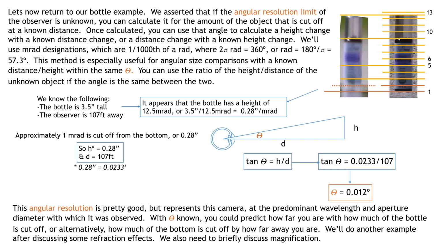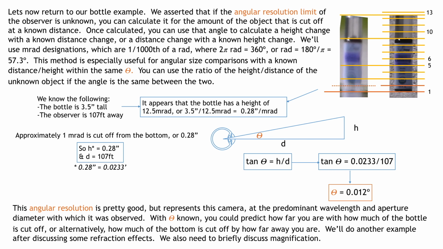So within this bottle example, we know the following, and again a video link is in the description. We know that the bottle is 3.5 inches tall, the observer is 107 feet away, and it appears that the bottle has a height of 12.5 millirads, or 3.5 inches per 12.5 millirad, or 0.28 inches per millirad. So if you need to pause and look through that math, that's fine. But essentially, the part of the bottle that's been cut off, I modeled as 1 millirad. So approximately 1 millirad is cut off from the bottom,